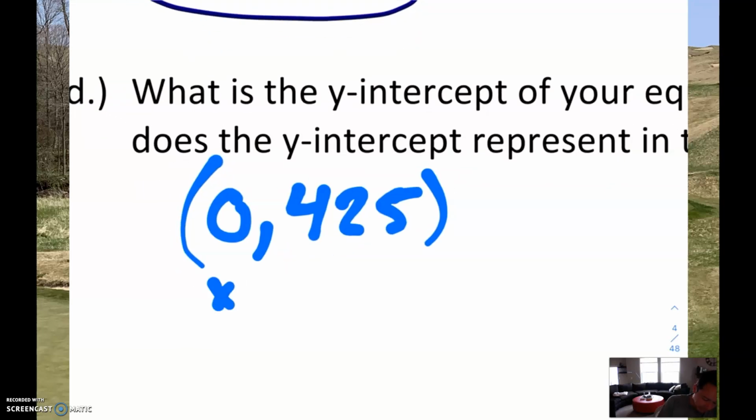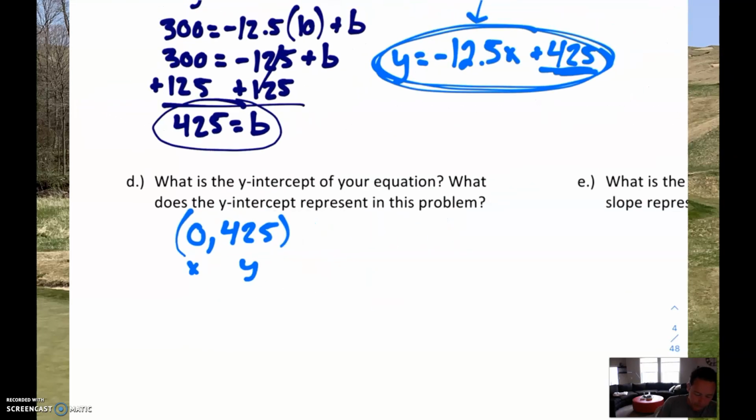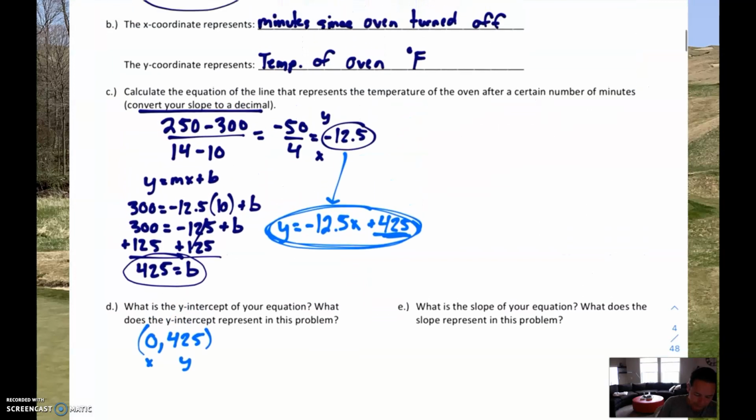And remember, 0 is the x, 425 is the y. Let's remind ourselves what x stands for. X is the minutes since the oven was turned off. So 0 minutes have gone by since we turned that oven off. And the y represents the temperature. It was 425 degrees. So essentially, right when the oven was turned off,